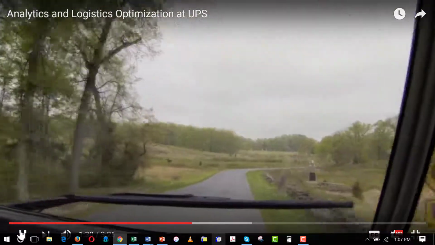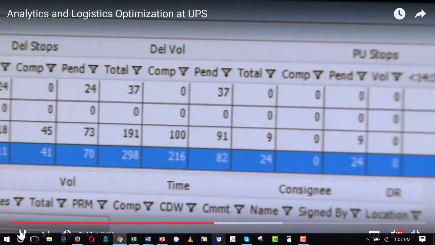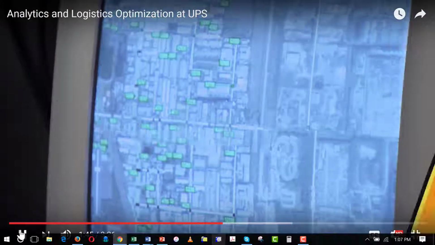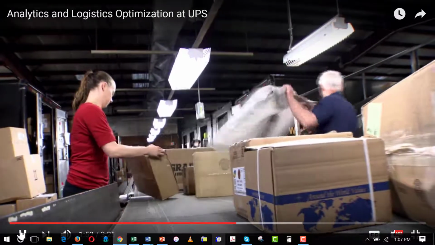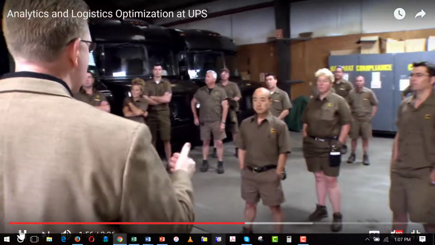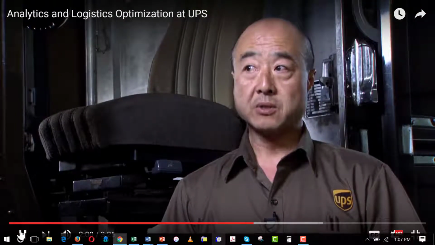We know going out the door exactly how many packages we have, what the volume is for the day, and how many stops and customers we have to service on any individual day. Orion has given us the ability to have things mapped out for us in a predetermined way. It saves a lot of time in physically sorting the packages. The goal originally was to save 1 mile per day per driver,